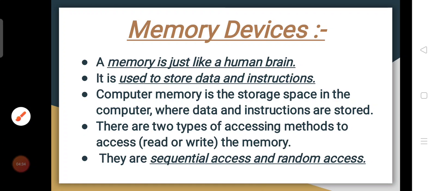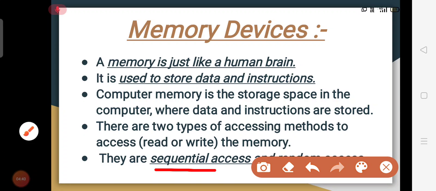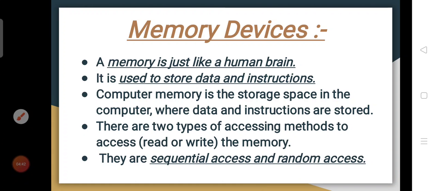So in the memory you can access in two different ways, using the sequential method and the random method. The sequential method means, for example, in attendance, all of the teachers use alphabetic order, no? They call the names in alphabetic order, one by one, that is called sequential.